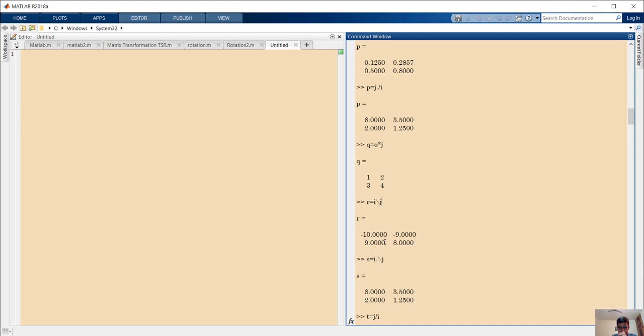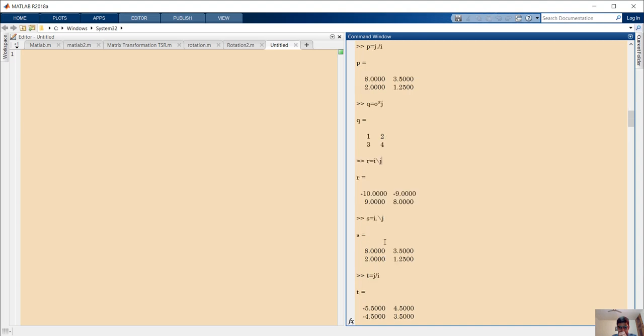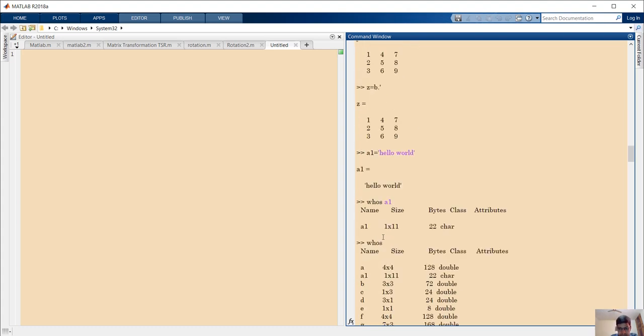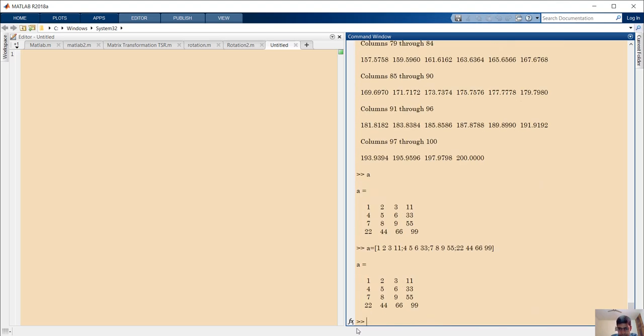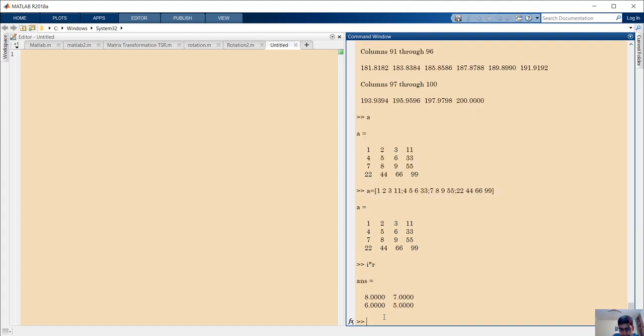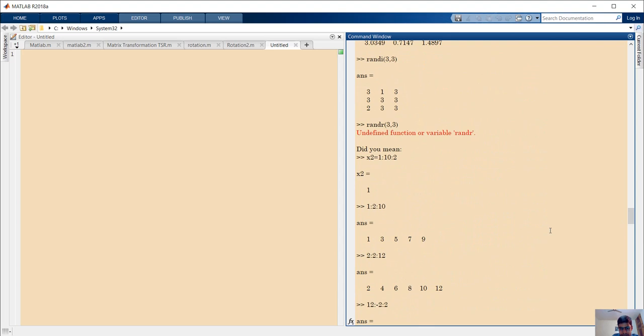I haven't done that. Let's do it. If I multiply I into R, if I am not assigning any variable, then it will come as an answer. As you can see, it is J. Okay, now going back,